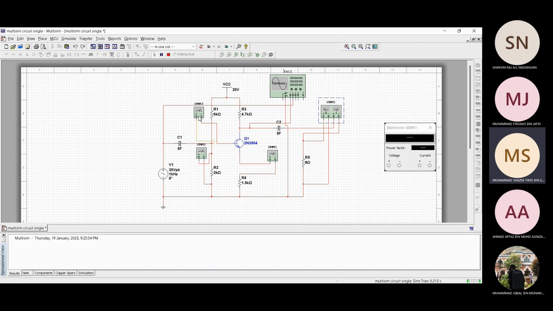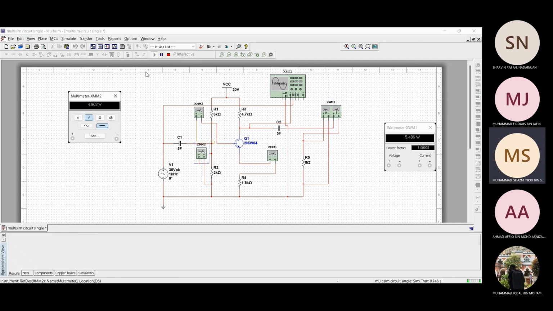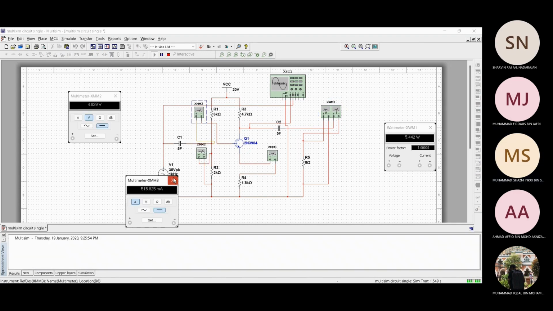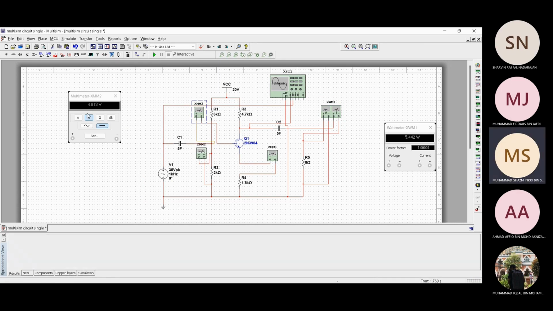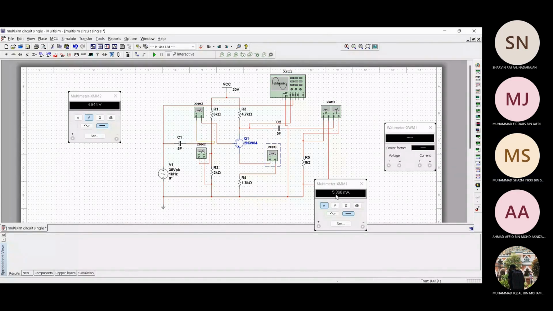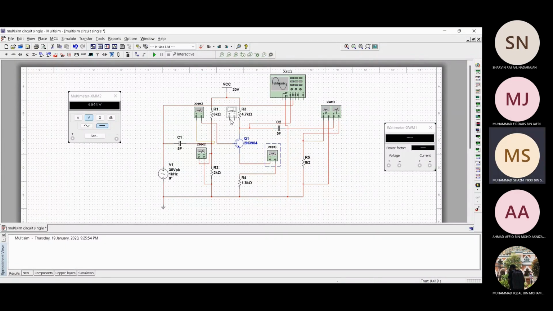So for VB, we get 4.813 volt. Meanwhile, for IE, we get 5.300 milliampere. So if we choose for IC,